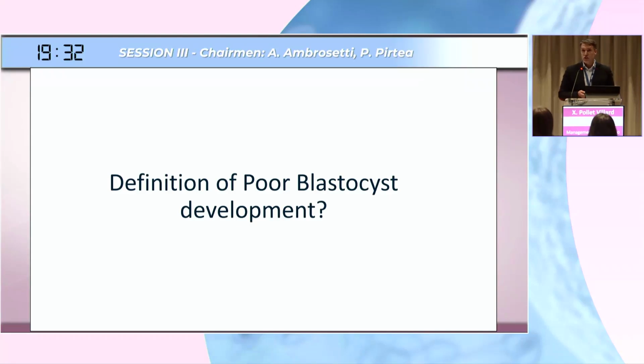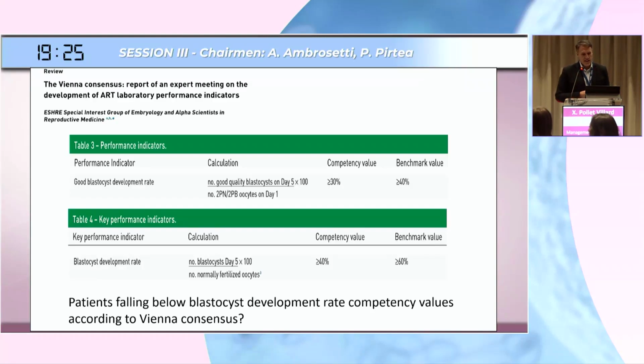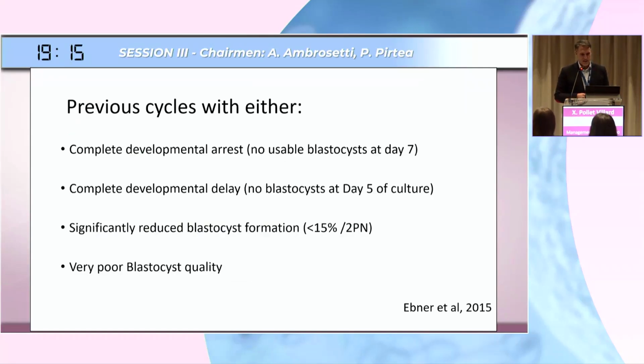So what is the definition? We have to define poor blastocyst development, and we have two choices. We could take the patients falling below blastocyst development rates, competency values that have been defined in the Vienna Consensus. Or, and this is my preferred option, we can take the definition from Thomas Ebner in 2015, which is either